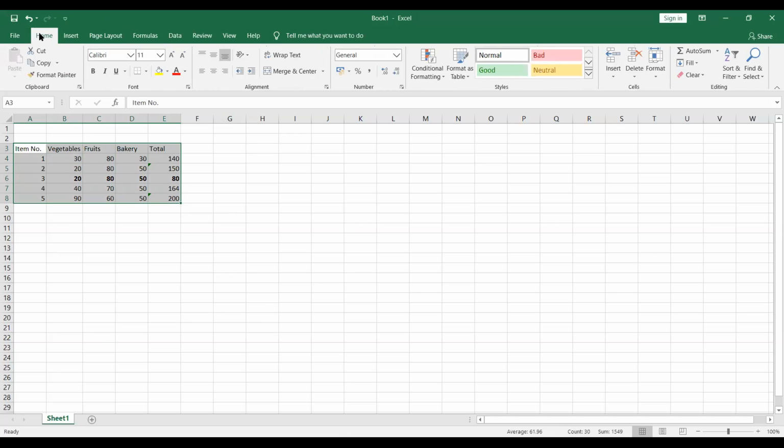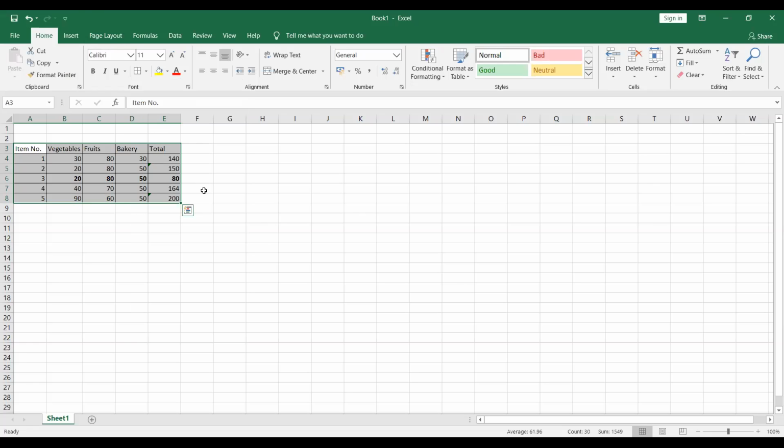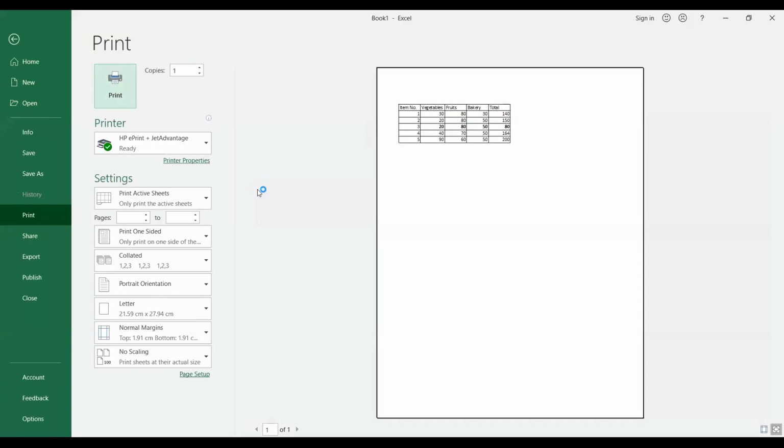So I'm going to apply the borders over here so that it will appear very nice. Here in the home tab only I'm having this border option. So you can choose the borders. Now I want to choose all borders, that means in between and then external also. So see, done. Now if I'm going to print it, I'll press Ctrl plus P. This option will come, and this is your print preview. Print preview means in this way it will be applied.